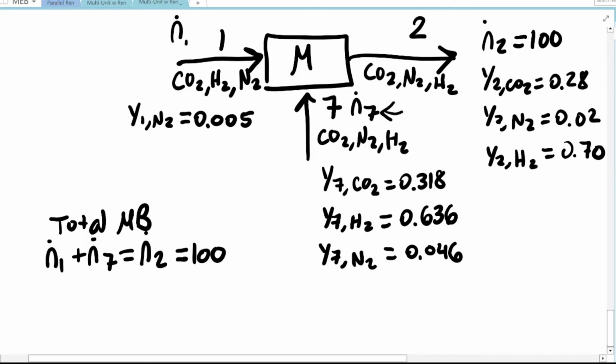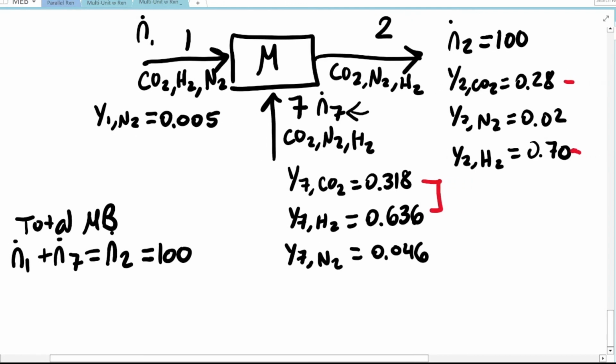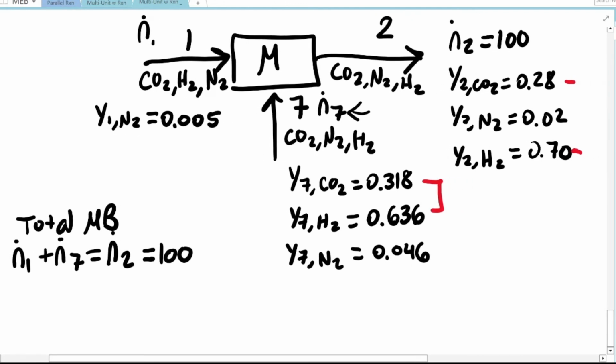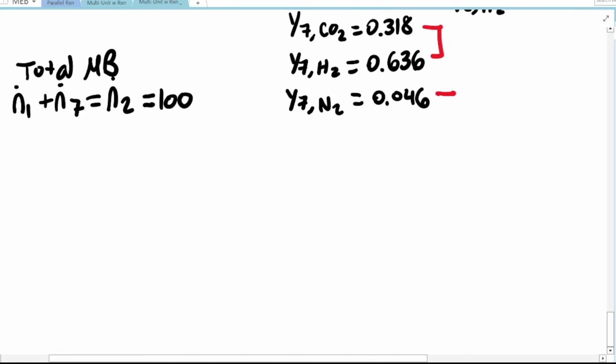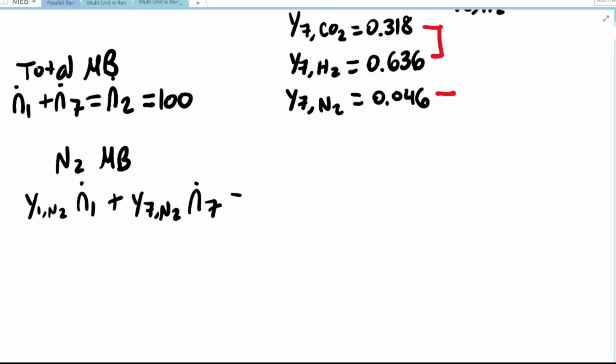From there, with our material balances, what we probably want to do is look for the next material balance that has the most information. You'll see, for example, with CO2 and hydrogen, you have compositions in both streams 2 and 7, which is great. However, nitrogen's got a little bit more information. We know everything in streams 2, 7, and 1. That's going to be really helpful, because when we write out the nitrogen material balance, we're going to have Y1 N2 multiplied by N1 dot plus Y7 N2 times N7 dot equals,